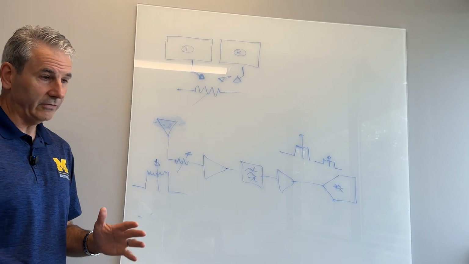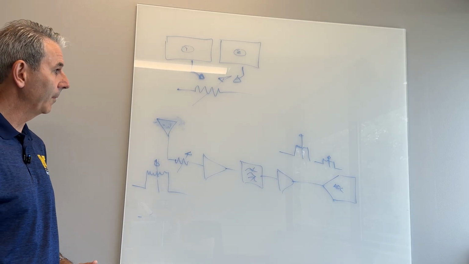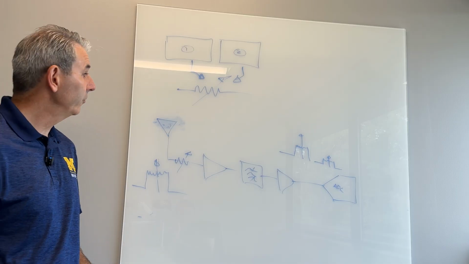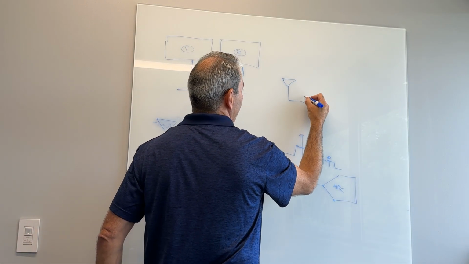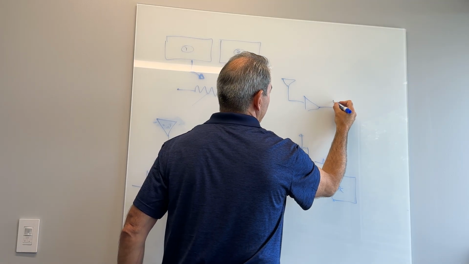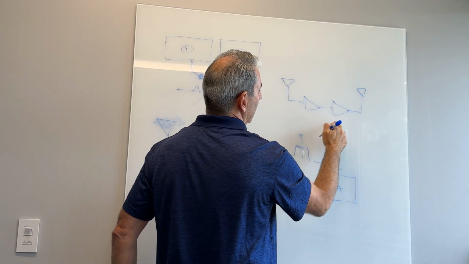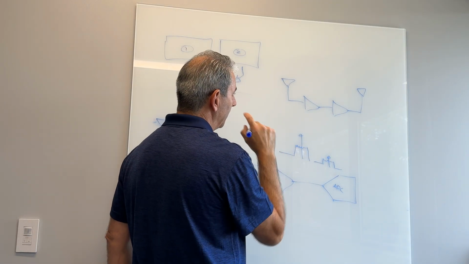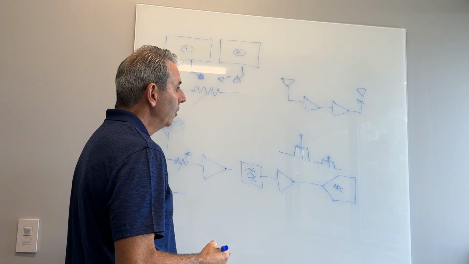Now, another use case, I'm going to switch gears here and talk about the transmit side of things for a power amplifier. Oftentimes, our customers in the repeater or booster space will have a simple type of application where you have a donor antenna and then a transmit antenna for distribution out here. You have some gain stages and so forth. Again, this is a highly simplified block diagram. Well, what happens if this antenna gets dislodged or taken out? Or